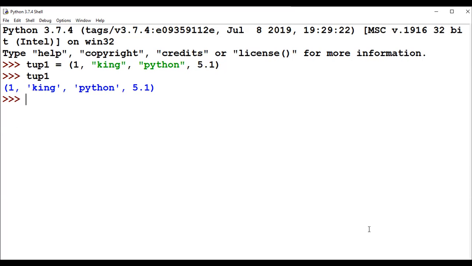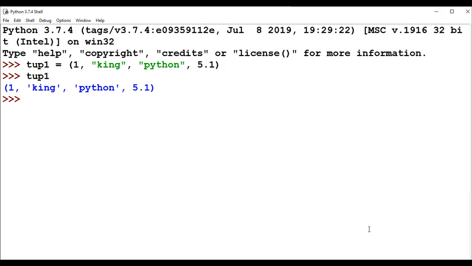You cannot change or update the elements of a tuple, right? Some Python practitioners will pronounce tuple differently also, so you can practice according to your accent. We will go with the pronunciation tuple.